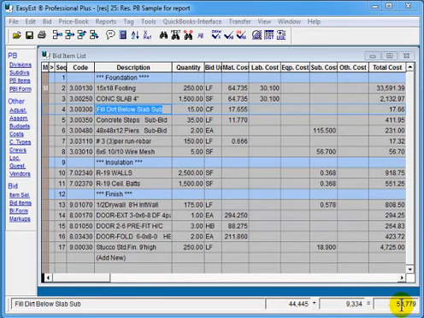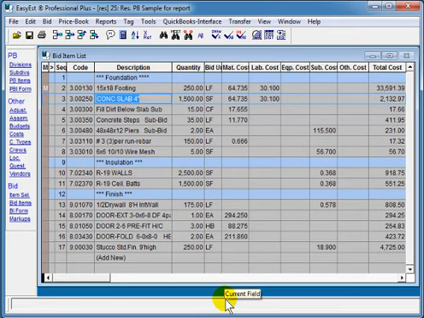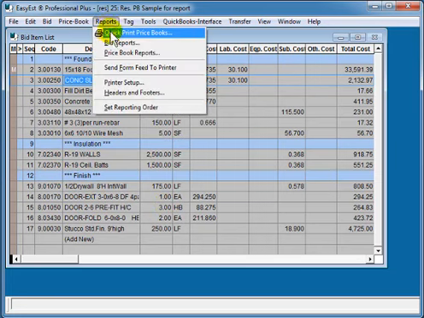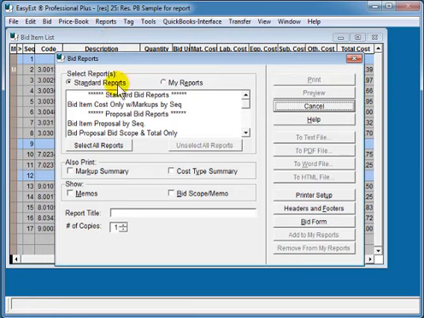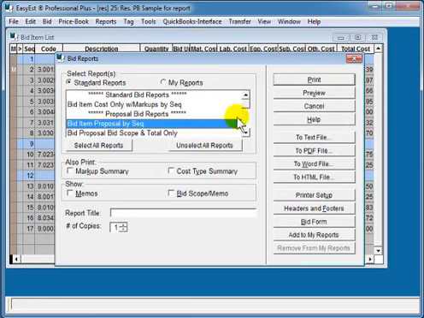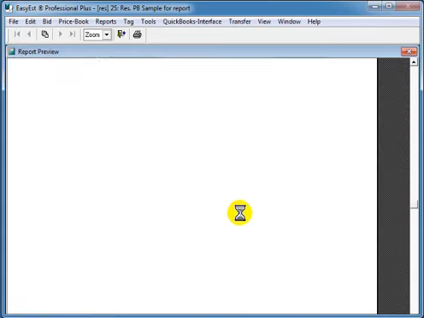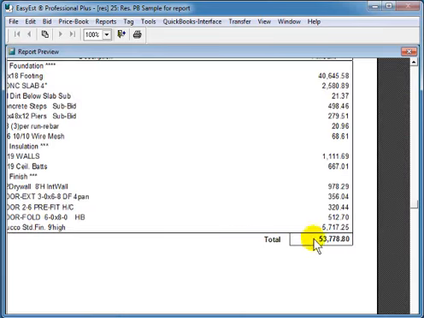total sale price. For the rest of this presentation, we're going to turn off the top toolbar and the left view bar with a Shift F7 so that we'll have a little bit more room in here to display the reports. Going to the Reports menu in Bid Reports, we're going to preview this report here. And at the bottom you'll notice we have the total of